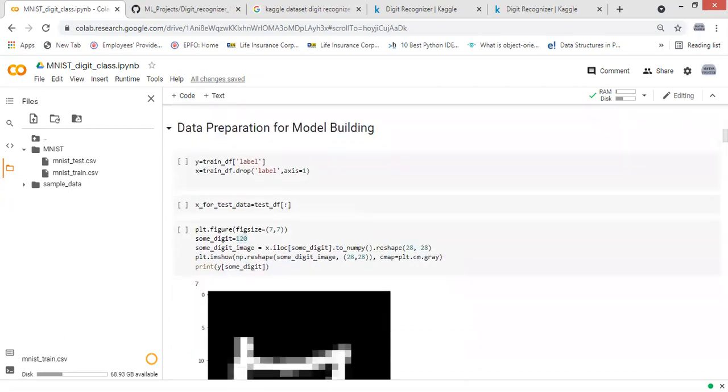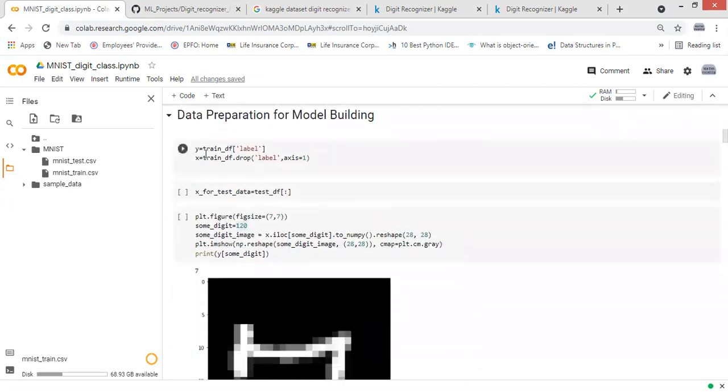Now I have separated my X values, which are my features, and the Y values, which are my labels. Labels means the classification I have to do. MNIST is a multi-class classification problem, where the digits are between 0 and 9, and those are the classes.